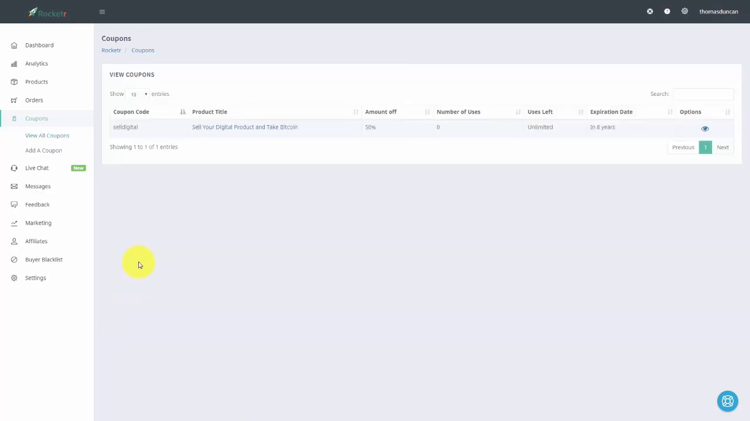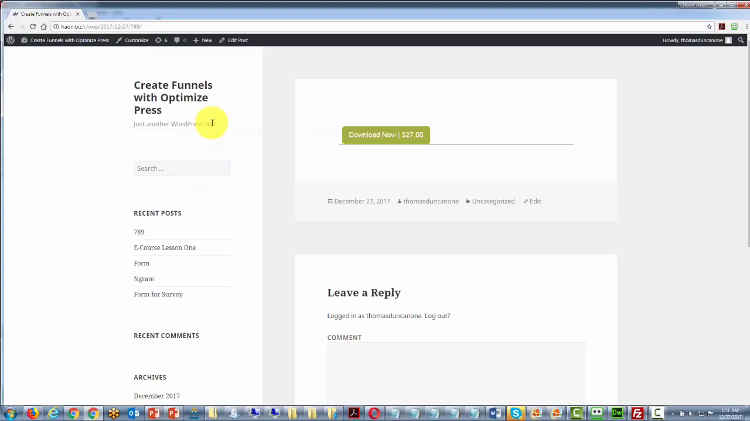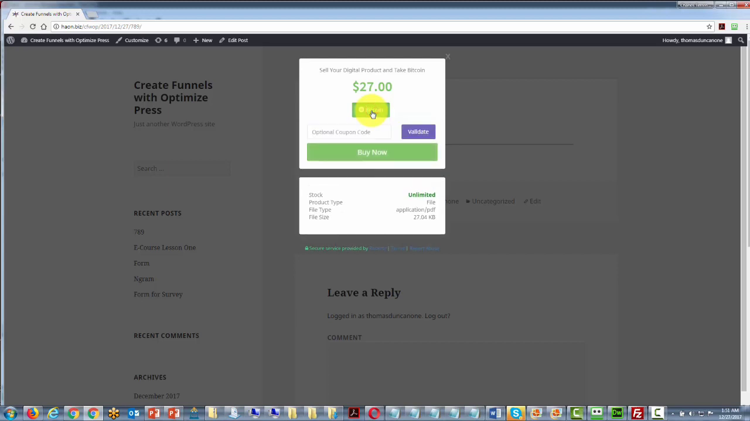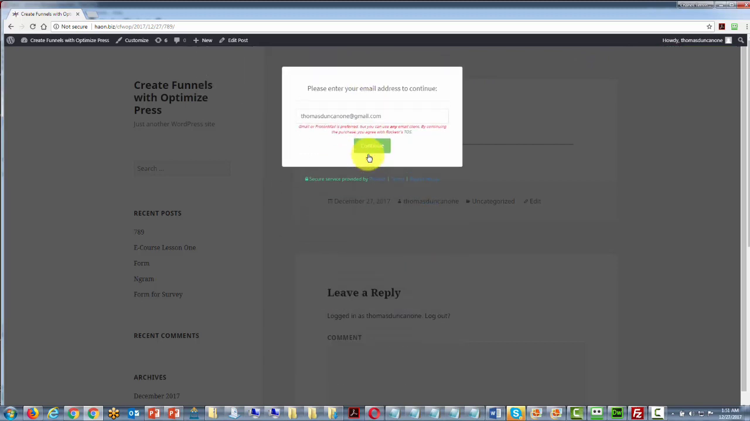The coupon that we want to give our client is going to be the name Sell Digital, just as we see it there. So when our customer actually goes to hit our pay button, they're going to click it. They're going to then click buy now. And then they're going to be shown a place where they can put their coupon code. We're going to go ahead and place our coupon code in there. Actually, they're going to click validate. They're going to get 50% off,